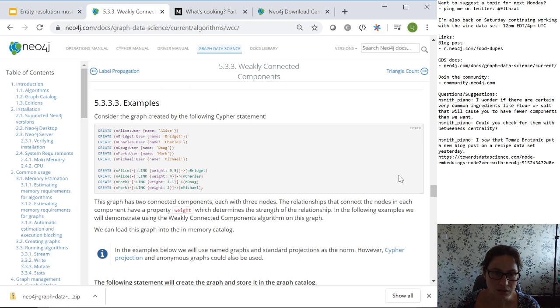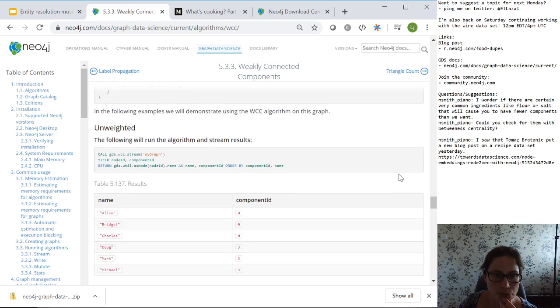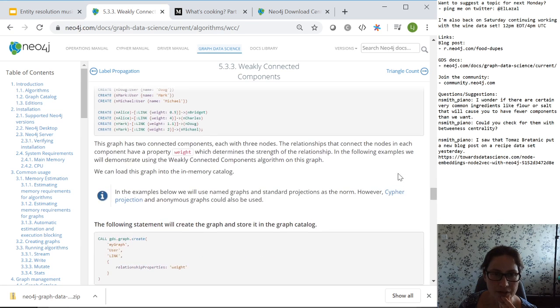Bridget, Alice is linked to Charles, Mark is linked to Doug. So how would this be useful for us? Let's have a think. So this would... Doug, Mark and Michael, Alice, Bridget. Okay, right, so